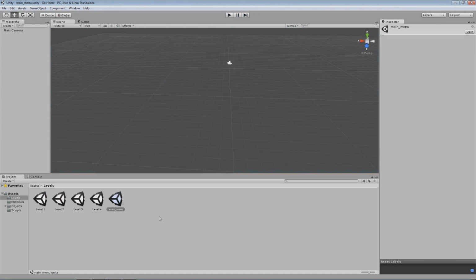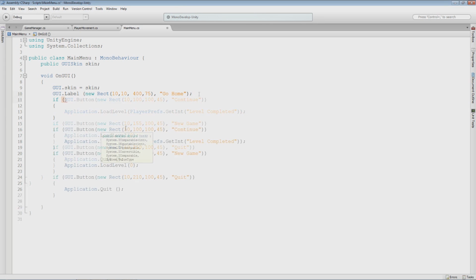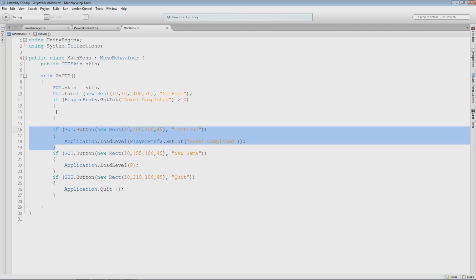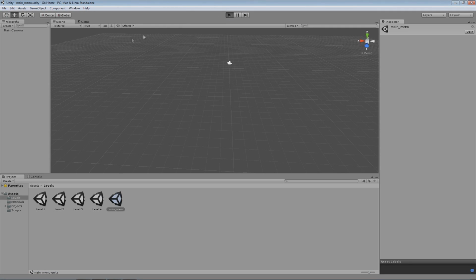It'll say just play though, so I'll say this should be called new game and continue. But we won't continue to only exist if we've played the game before. So the way I can do that is I can say if PlayerPrefs.GetInt level completed is greater than 0. So if we have saved something that actually matters, then we will show this button. Okay, and we should see that button, seeing as we have saved something. So there's continue. But if I click new game,